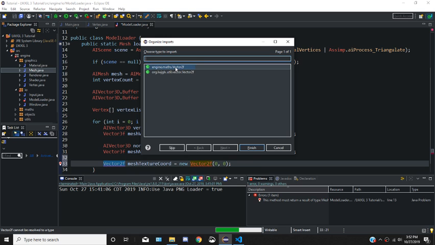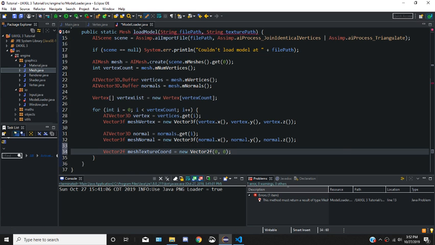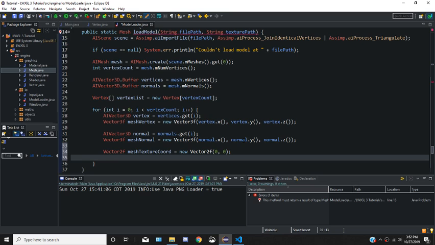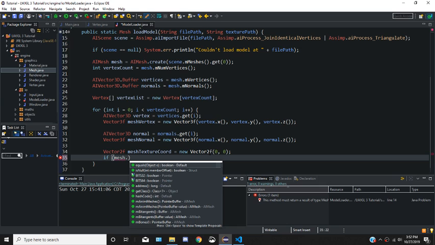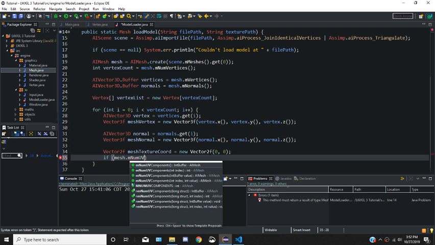Let's do that, and then our vector2f. And so we need to actually check if there is a texture coordinate, because sometimes models don't have texture coordinates, and if they don't, then we're just going to default to there's no texture coordinates, set them all to 0, 0. So we can actually check that by checking the number of UV components, which is just texture,